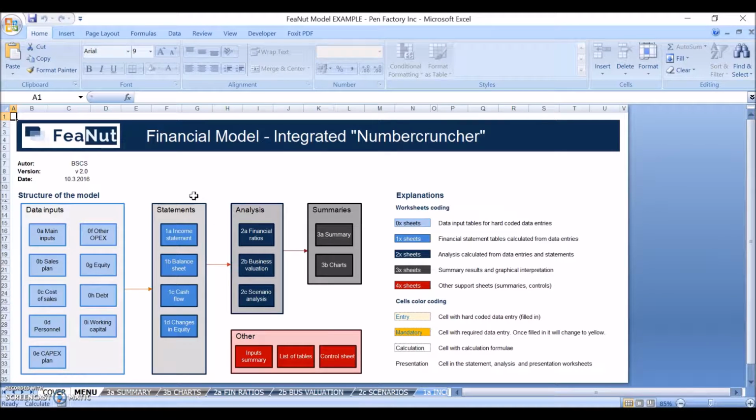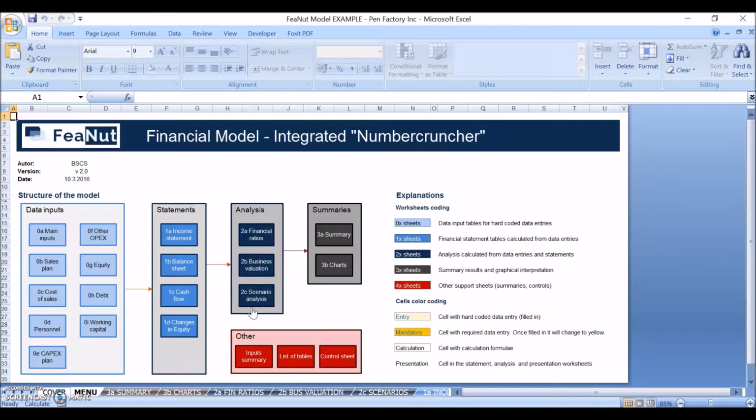The next part of the model is called financial statements. So in here, these are actually the model outcomes. These are the model inputs, and everything here are the outcomes of the modeling. So what you will get is 4 different financial statements. In the next section, you'll get a summary of calculated financial ratios, a simplified version of business valuation, and also